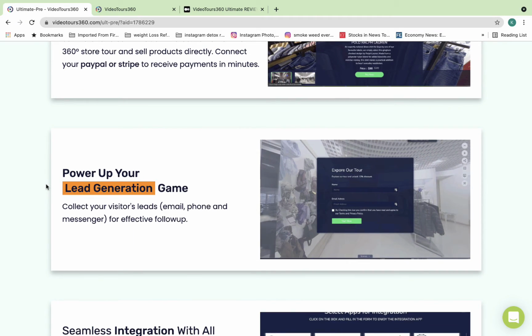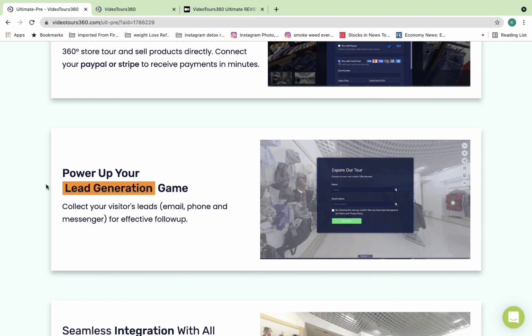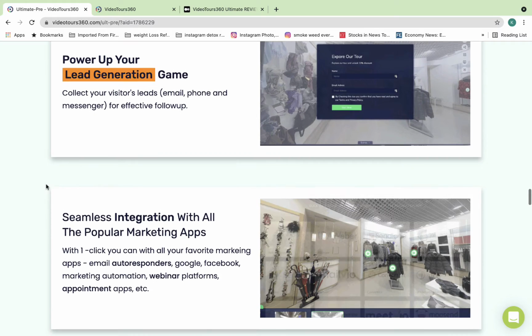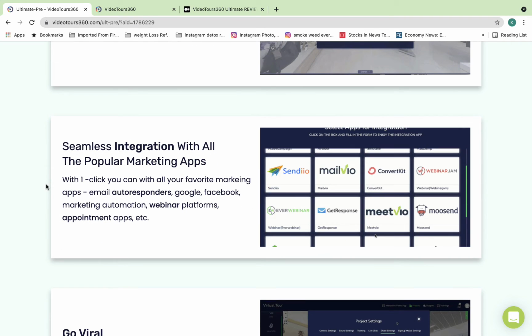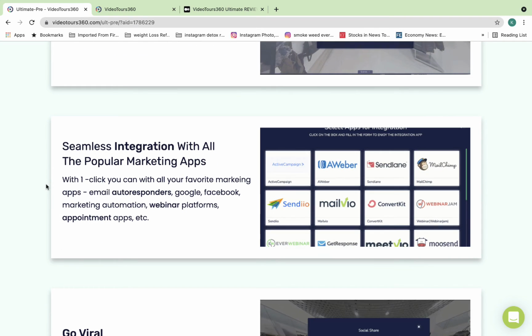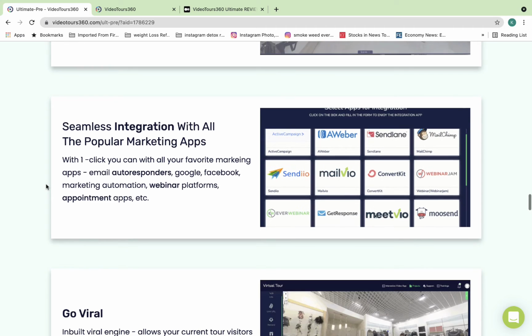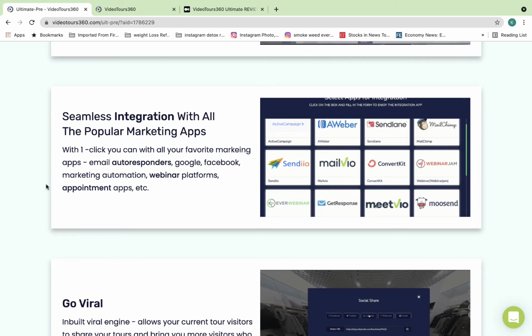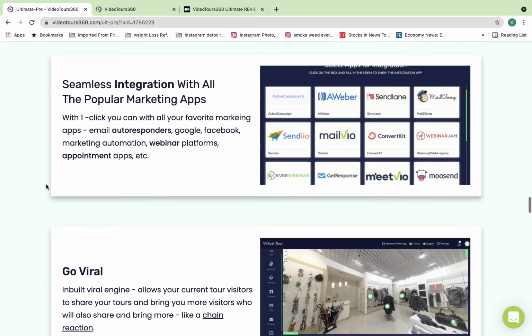Power up your lead generation game by collecting your visitors' leads like email, phone or messenger ID. This app involves seamless integration with all the popular marketing apps like email autoresponder, Google, Facebook, marketing automation and much more.